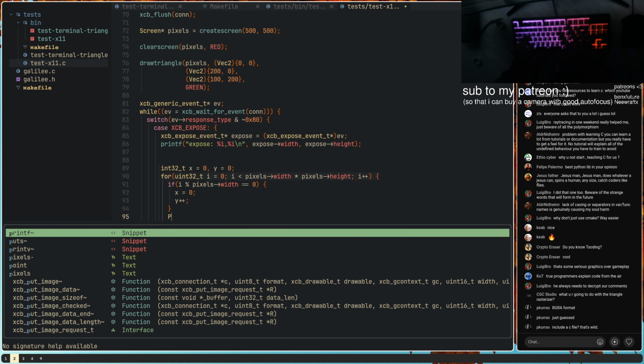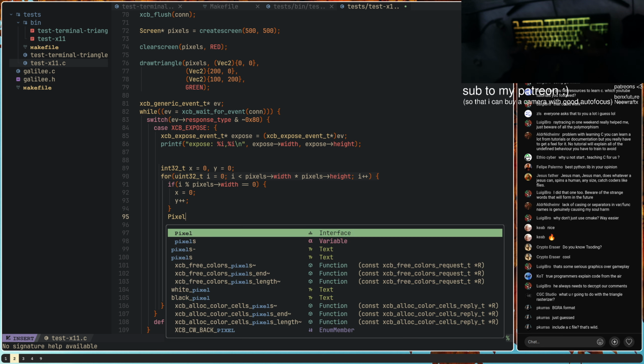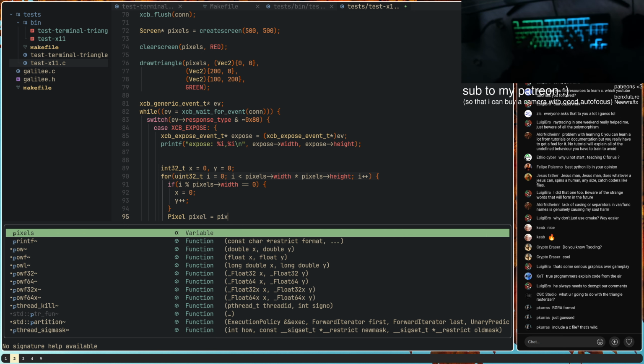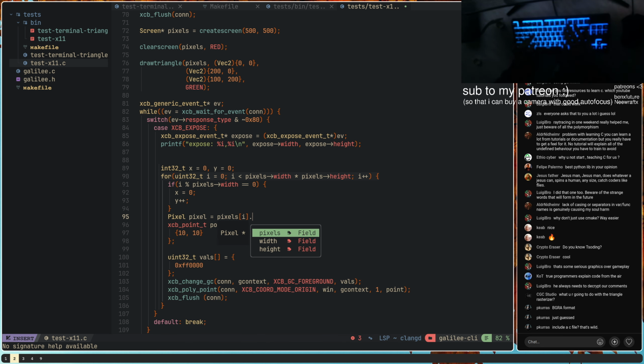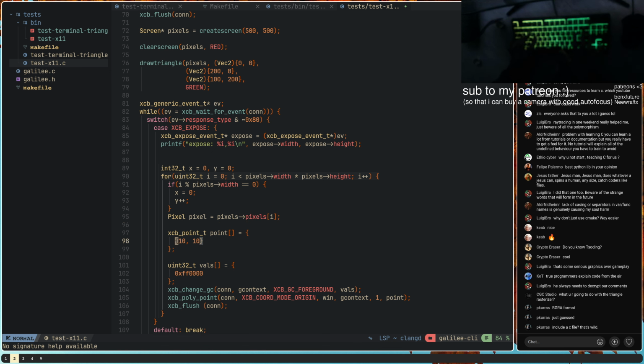That's basically it. And then we say pixel is equal to pixels at i, and the point is x y, and the vals are